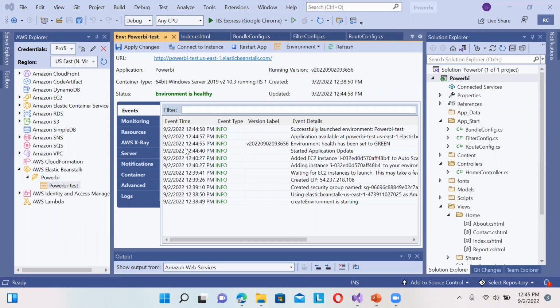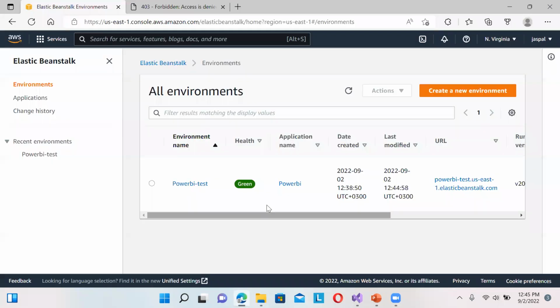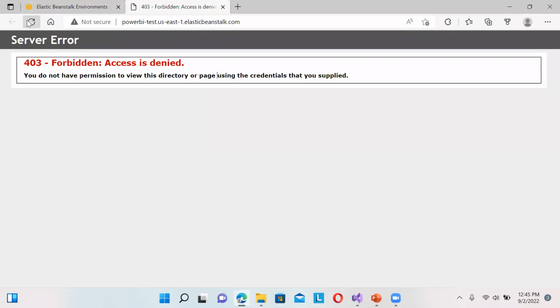So now you can see over here in the Visual Studio also it is showing environment health has been set to green and successfully launched environment Power BI test. So we can just check over here in our Beanstalk. You can see it has become green. Now if I refresh this page over here,